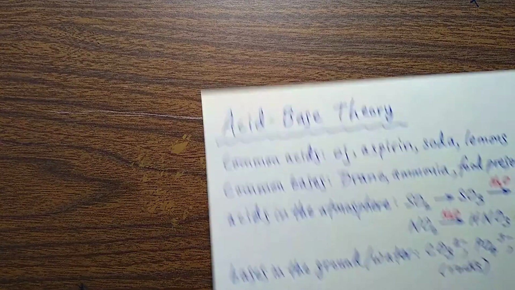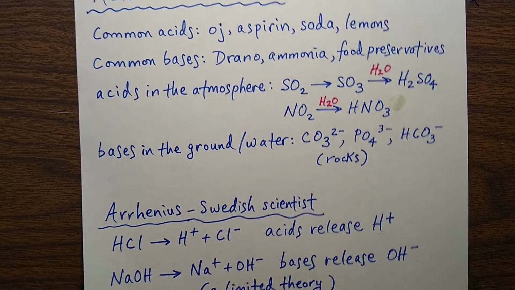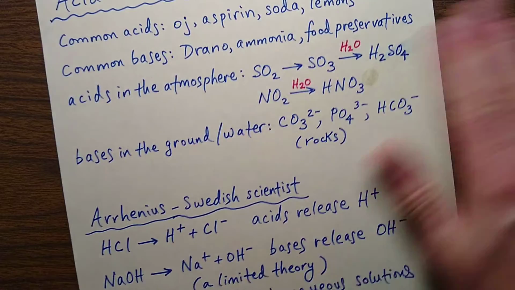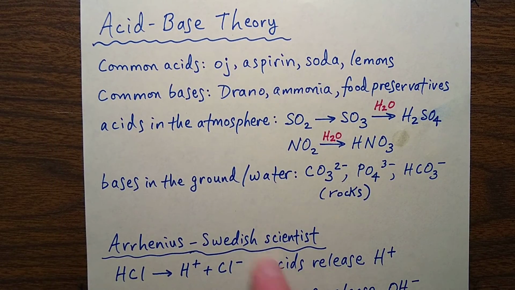Now, I've given you a lot of reactions here. Let's talk about the two main theories of acid-base chemistry. What are they? Well, the first theory is called Arrhenius acids. Got a little water on there, sorry about that. Again, some common acids you might have come across in